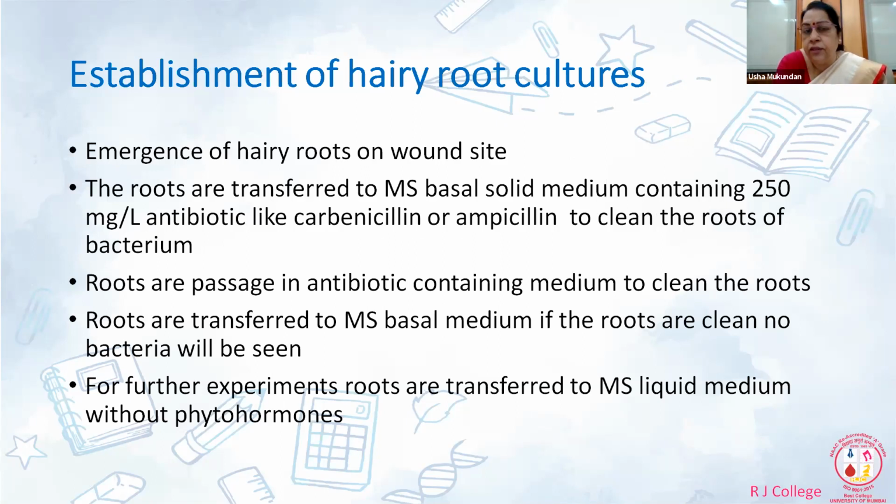Now, the simple technique which we used is the one proposed by Ooms and his colleagues, and that is to make a wound on aseptic seedlings and smear that wound with an actively growing Agrobacterium rhizogenes culture. Within a week or so, maximum 10 days, roots will emerge from the wound site. Since the portion of the plant which is inoculated is above the culture medium, you should not allow it to dry immediately. You have to dissect that portion and put it on an antibiotic medium.